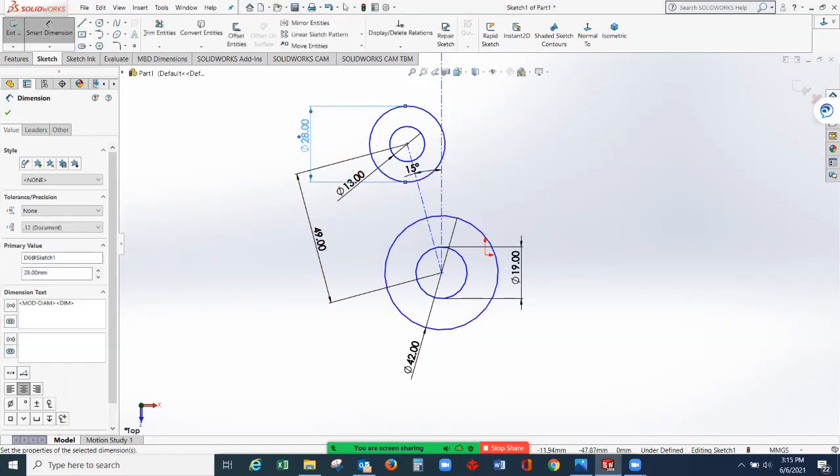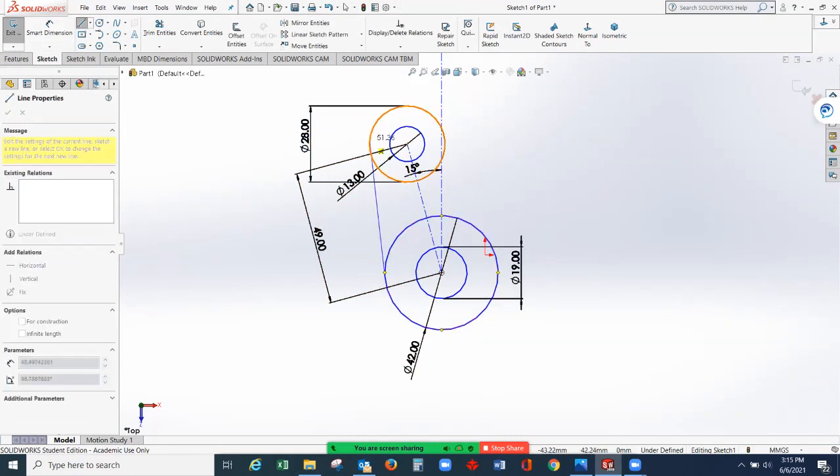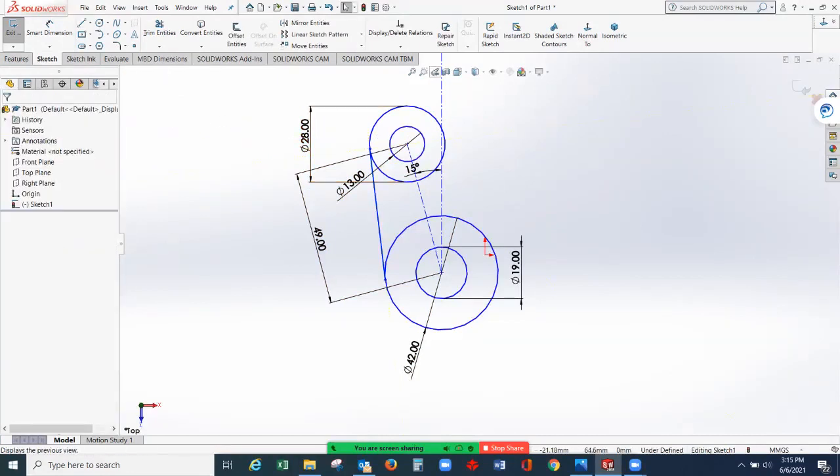So from here we have one line, connecting this point and this point. Press the escape button to terminate the command. If you want to view the sketch relations, as you can see here, this is an icon of an eye. Pull it down, then view sketch relations. So you will see here the sketch relations. Press escape, close it. As you can see here, the green one is a tangent line, tangent to the other side, and coincident as well as the vertical line.